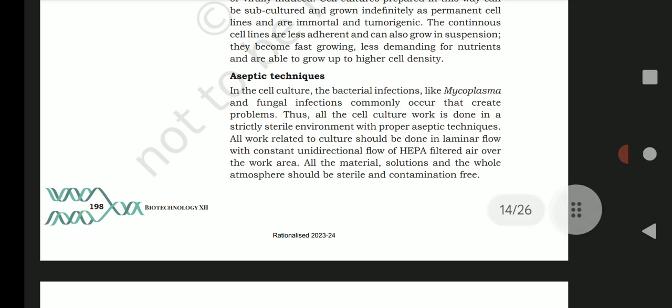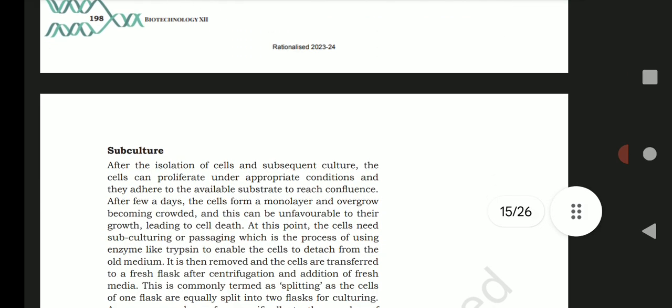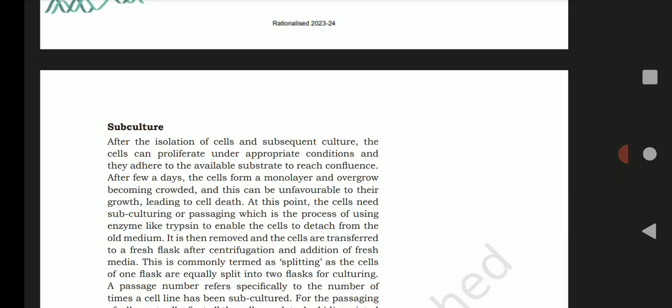How to maintain the aseptic condition? Normally the cell cultures are subjected to bacterial infections like mycoplasma and fungal infections that create problems. In order to eliminate these, we provide a proper aseptic condition. Normally the cultures are maintained in the laminar flow chamber with a unidirectional flow, in which the HEPA filter eliminates these microorganisms and maintains a sterile, contamination-free environment. Further, the subcultures are taken up